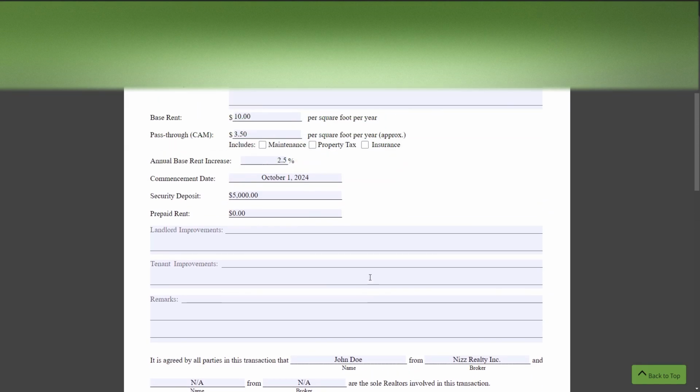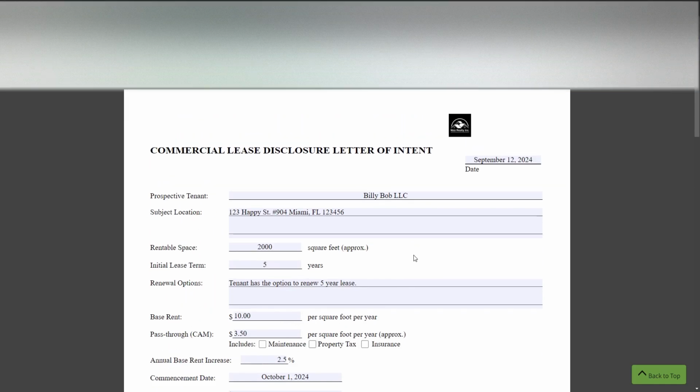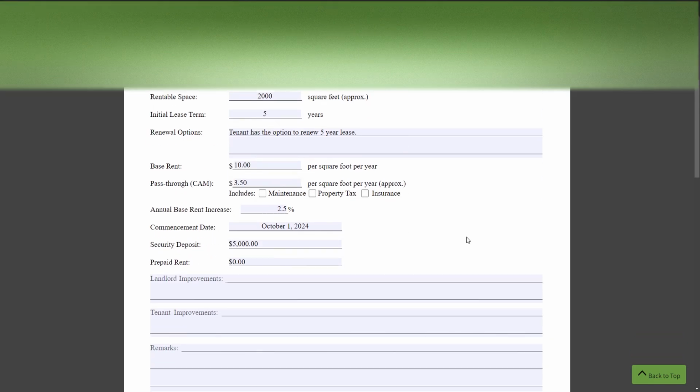This is a very simple LOI. Some more intricate LOIs can be much longer. It could be like 5-10 pages long with additional exhibits stating a lot of different terms. That's usually how they're done, but you could use this LOI. There's nothing wrong with it if you just want to state some basic terms, just to get things on the table and negotiations started.